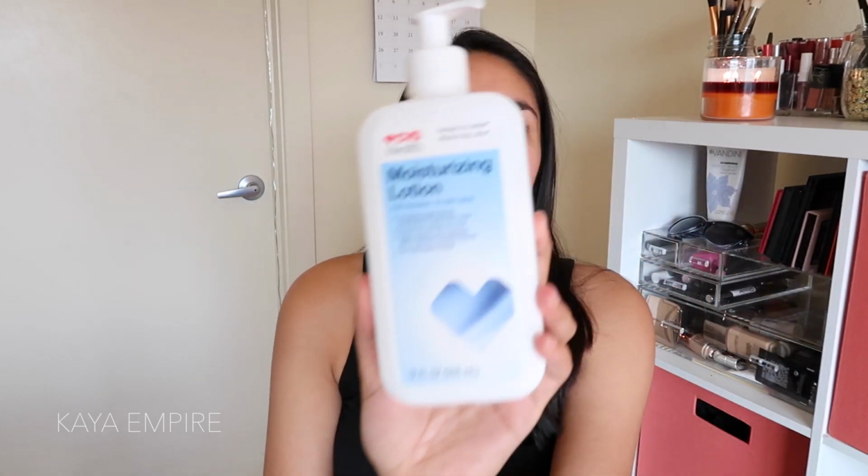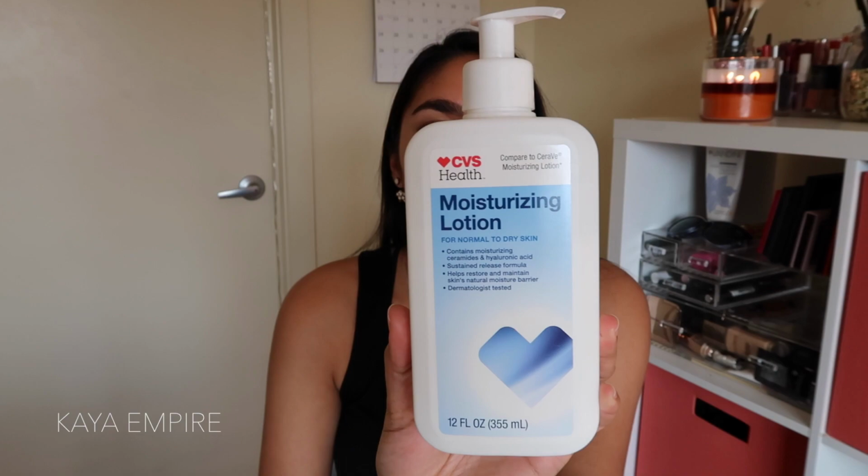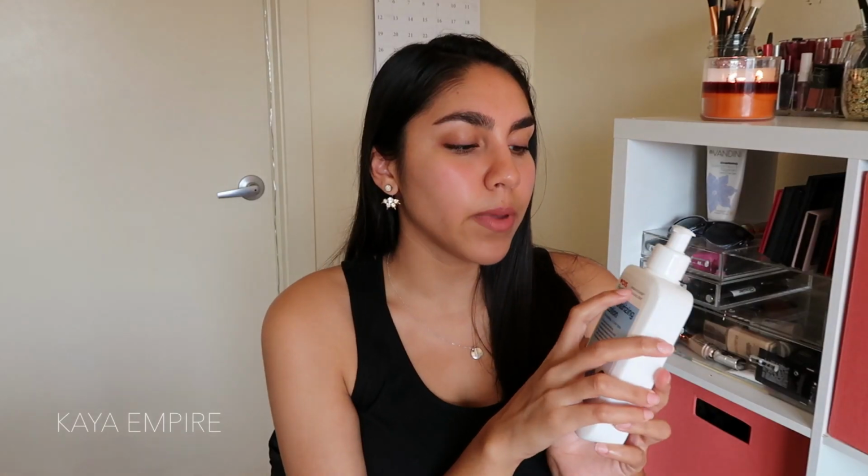And so the two moisturizers that I really like right now, I'll start with the more affordable one. This is the CVS Health Moisturizing Lotion. I found this at CVS and I was really intrigued because it says compared to CeraVe moisturizing lotion, and unfortunately CeraVe isn't BDS safe anymore, and so I was like, huh, this looks really interesting. And also I love how big it is and how it has a pump, and so the ingredients on this